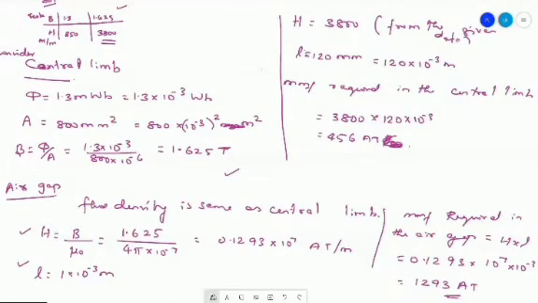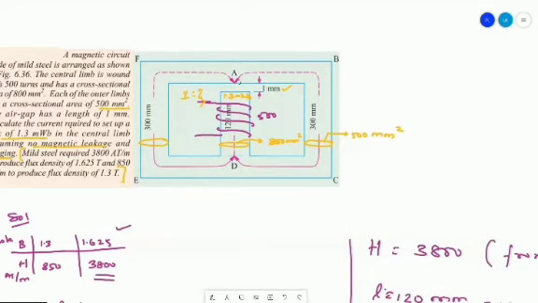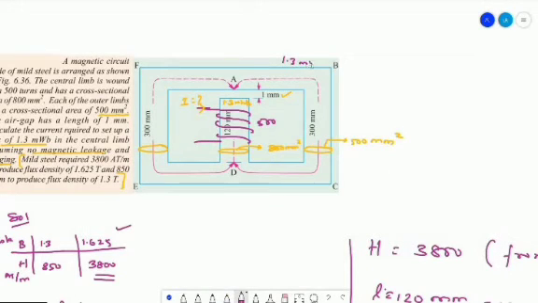Now which region is left? The side limbs are left. Let us go back to the diagram that is given in the question. If you can recollect from the theory that I discussed, at this particular point A, the flux gets divided through these side arms. The flux gets equally divided. The amount of flux reaching this point will be 1.3 milliweber, and 1.3 milliweber by 2 will go each way, just like the current gets divided in an electrical circuit.